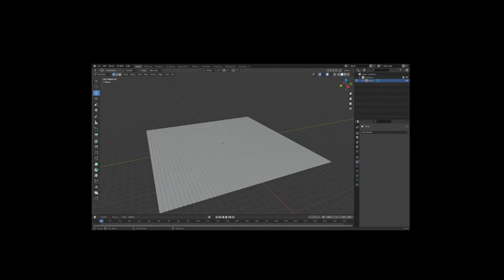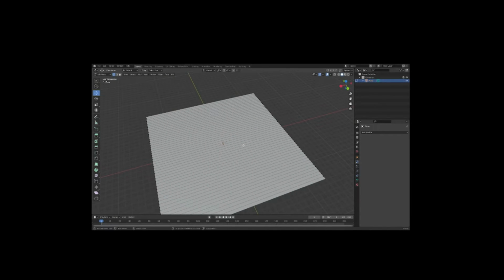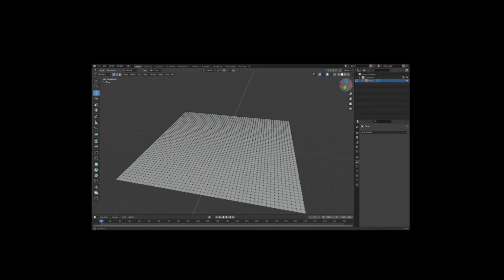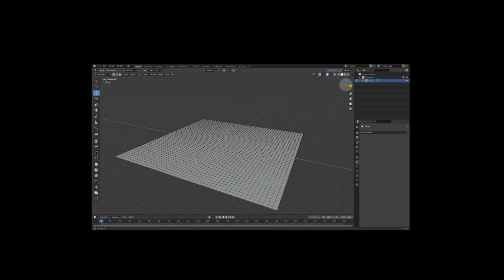You'll see now you have 50 cuts inside the plane, and now we're going to do the same thing on the other side. So that's Shift and R, 50, click and right click. So now we have around 500 little squares which are going to be used for shaping our